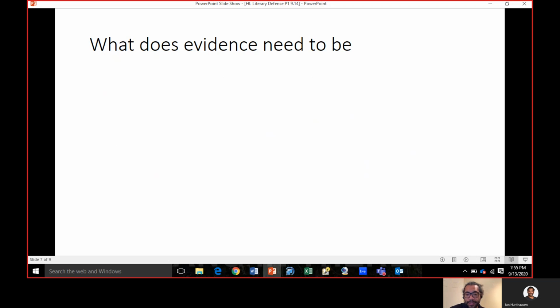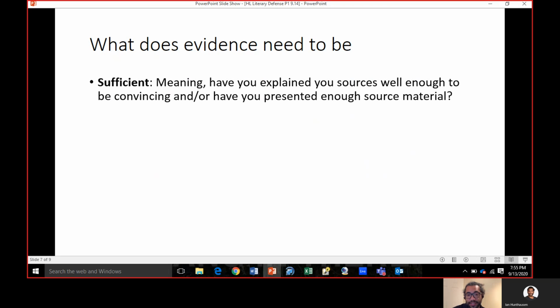So the next thing, what does evidence need to be? Sufficient. That means you have enough, right? So even if you're just using the text itself, I didn't use one example. I just didn't say, oh, whatever this creature is splits the grass like a comb, so it must be a snake, because what else splits the grass like a comb? Well, lizards could, insects could. There's a variety of things that could come close to a snake that split the grass like a comb. It could be the wind, right?